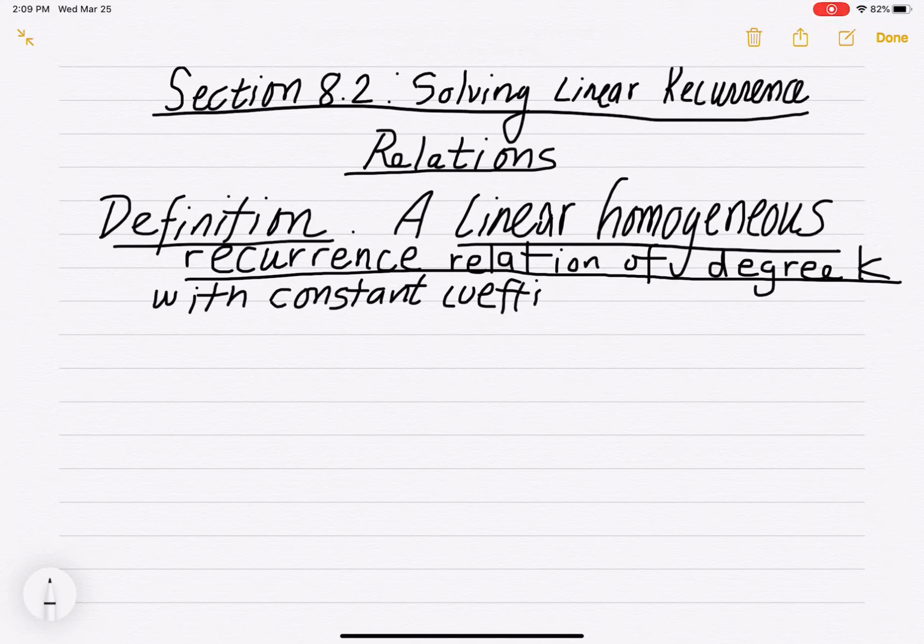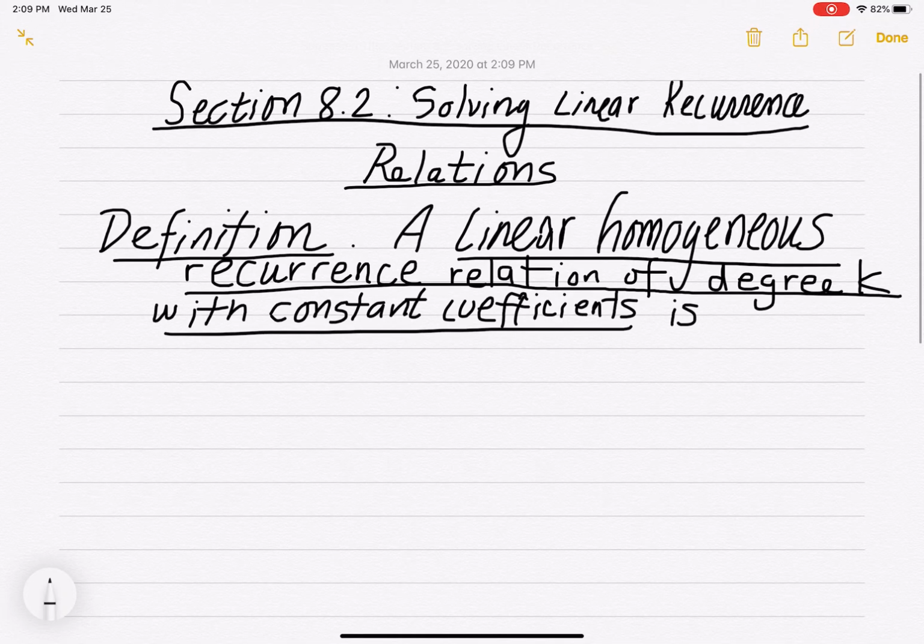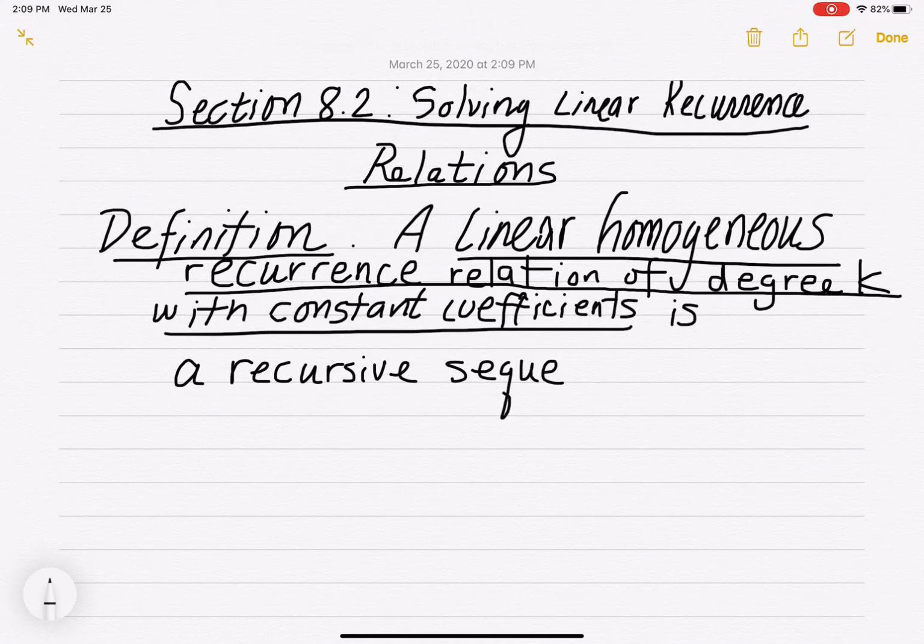Yeah, so we're defining this whole entire term right now. Is a recursive sequence that may be written in the form